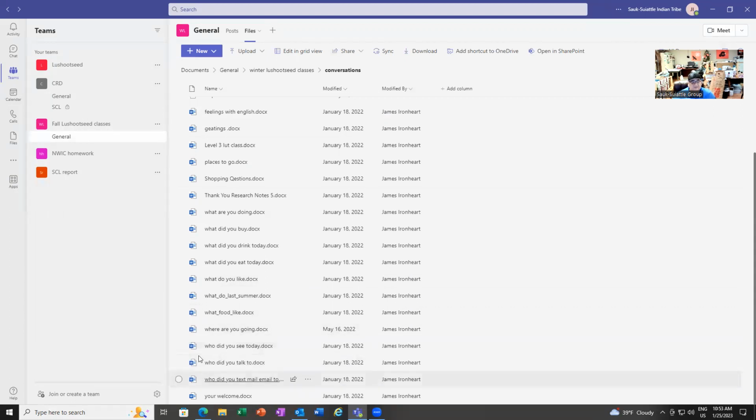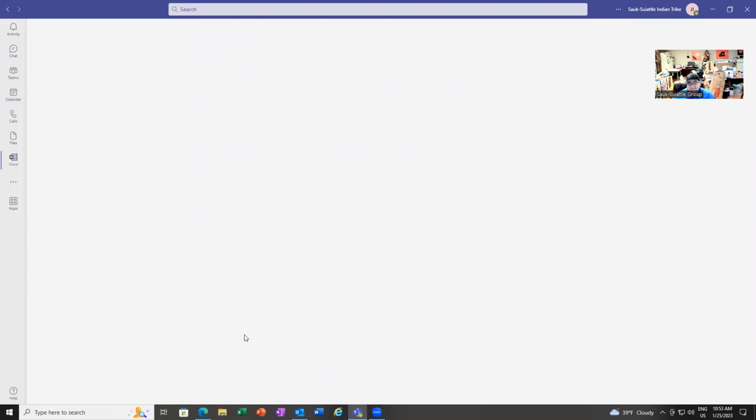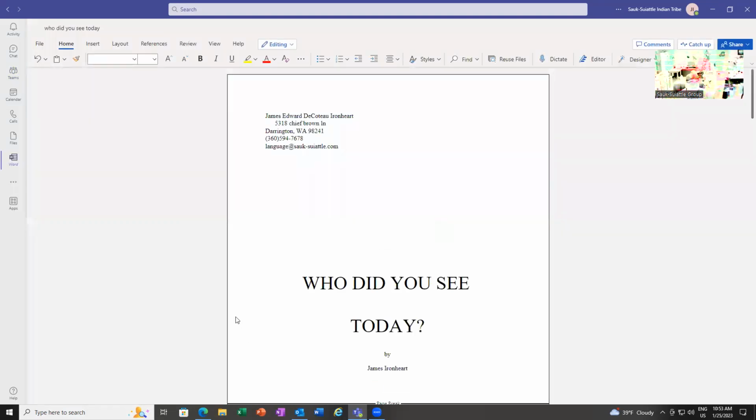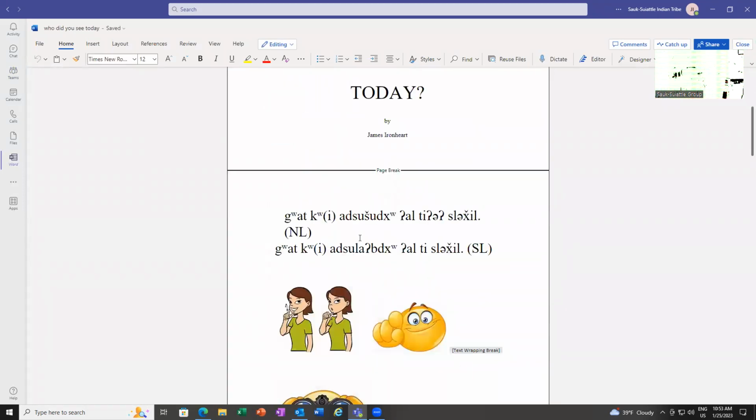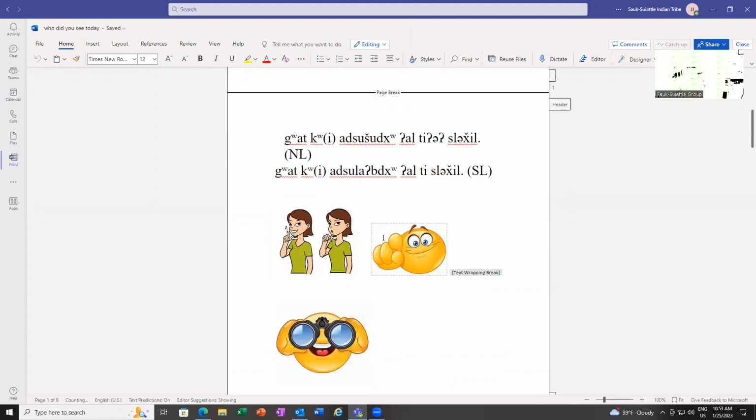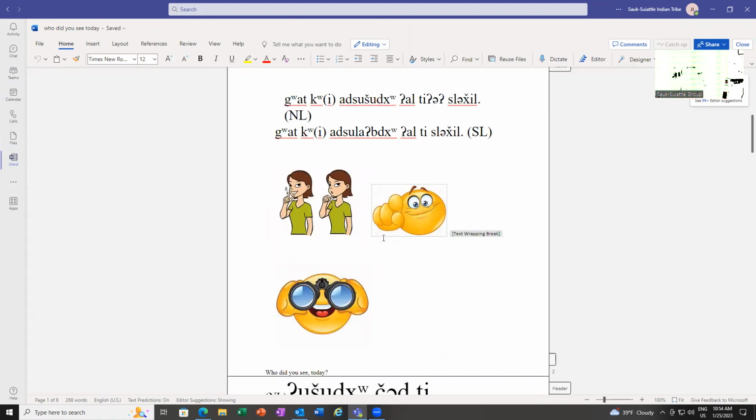So these ones, let's click on one so you can see what I'm talking about. So this one is who did you see today? Then the Lushootseed phrase, in the southern Lushootseed version.